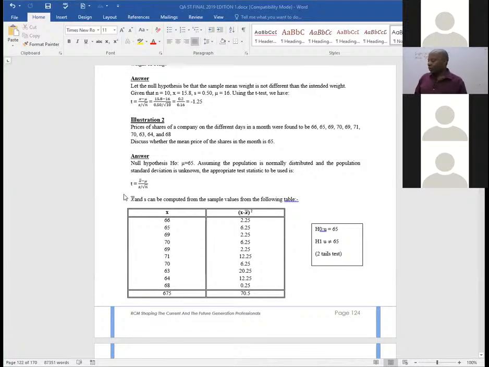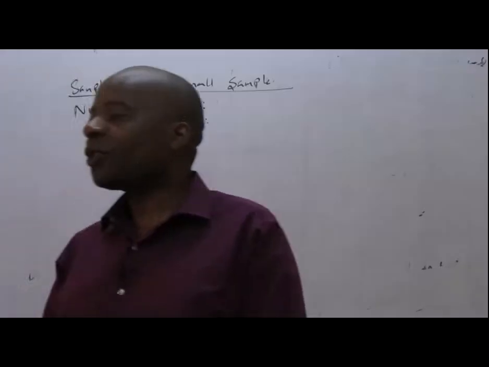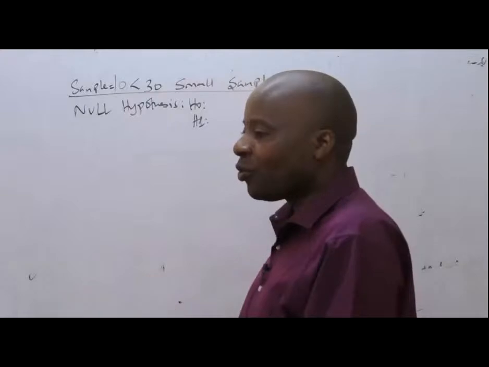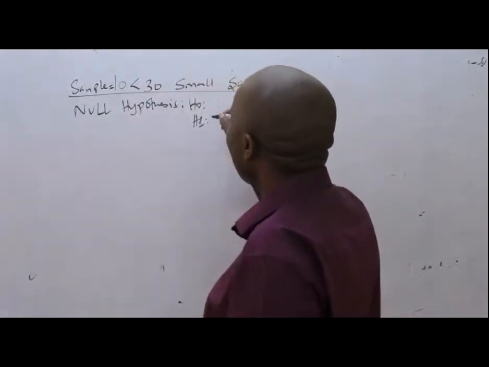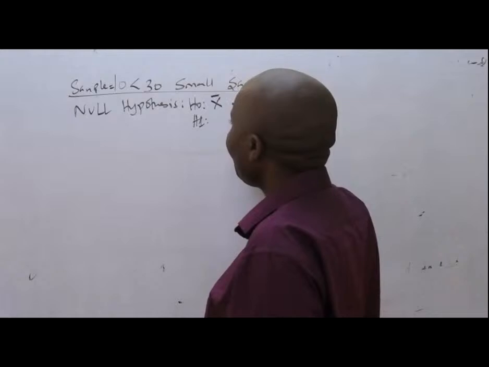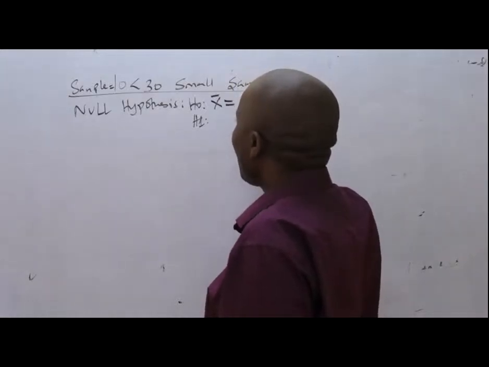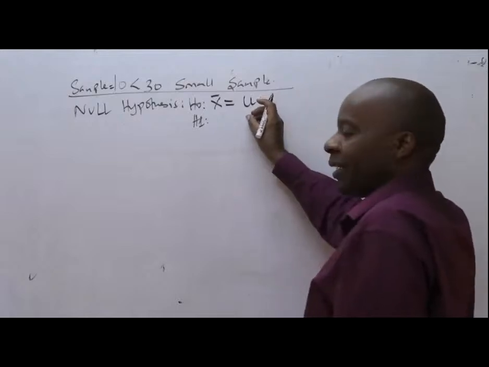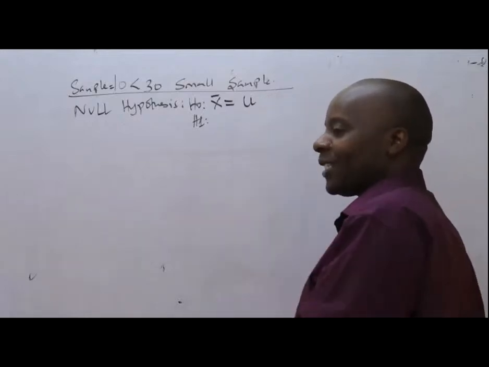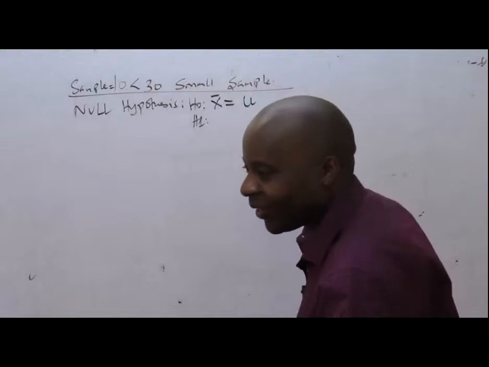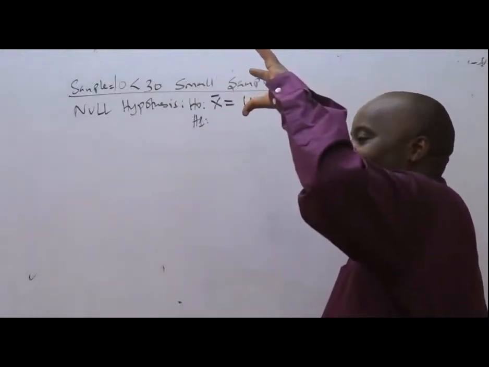One thing that I would want you to appreciate as we begin, ladies and gentlemen, is that this monthly price, the monthly average, becomes our standard, our whole population. So the population mean there is 65. This population mean being 65, what I would want to prove is that whatever sample mean I've picked should be exactly equal to the mu, the population mean. Remember those daily prices could be lower or higher than 65,